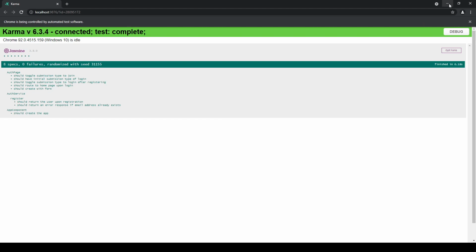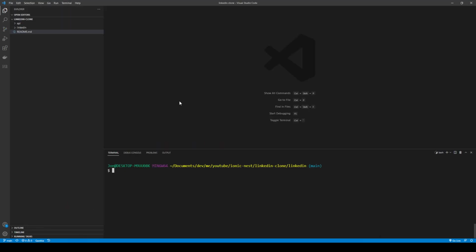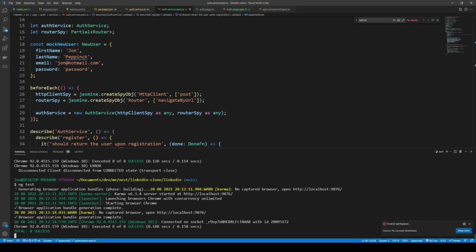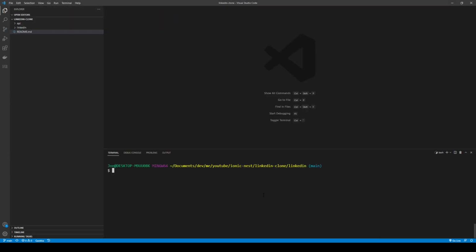So if we go to our project, we're currently up to, if we just go back to the main folder structure here, we can cd into our LinkedIn application here. And I'm just going to run a Control-C to kill that particular instance here. So in our application, if we run an ng test,